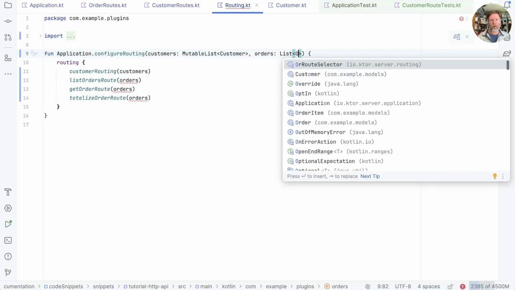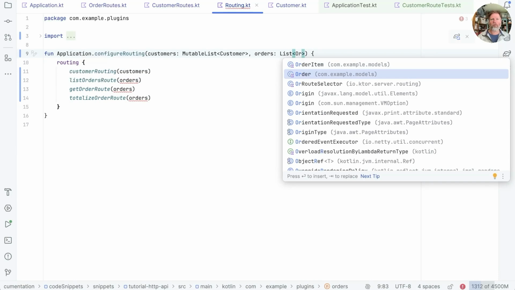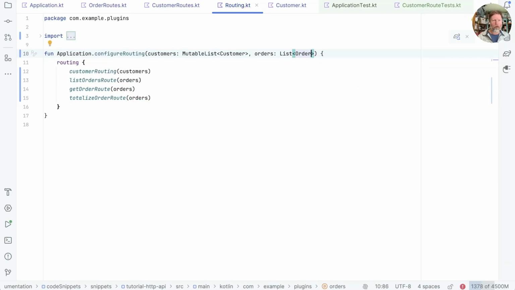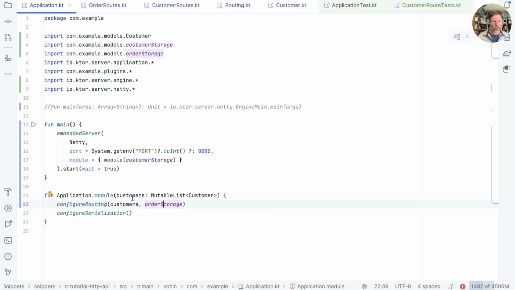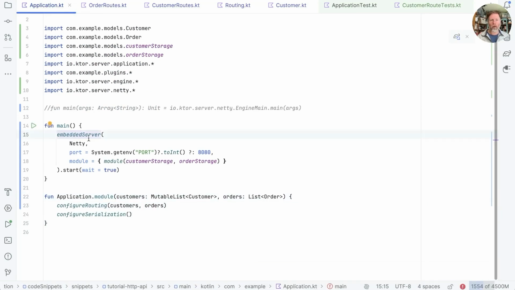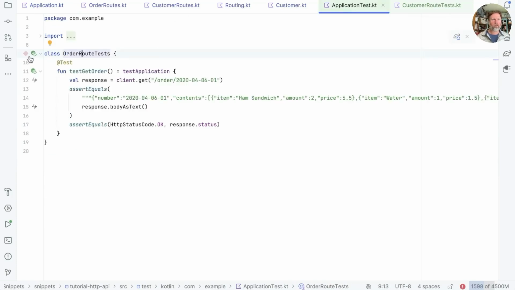Irritatingly the wrong type, but no problem. I'll do the job for you, IntelliJ. And now if we see who calls this, we've got order storage in here, but again, we want to push that up. Again, the type is wrong. Now our embedded server in main will work because we pushed it up in here, but I suspect our tests won't. So if we run application test,